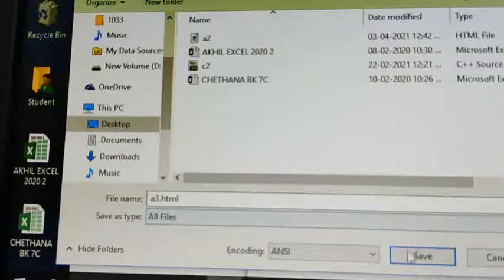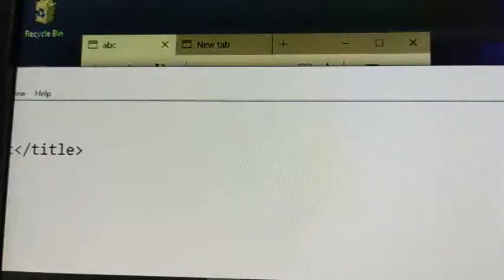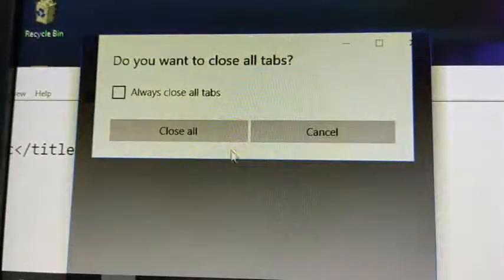Next, save this. After saving, wherever you have created the file, for example in this system I have given the file location as desktop. I am closing this. On the desktop, you can see A3 is there.